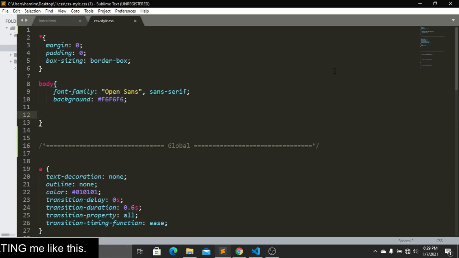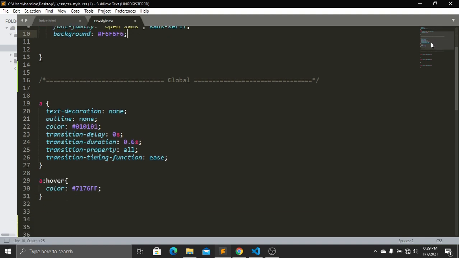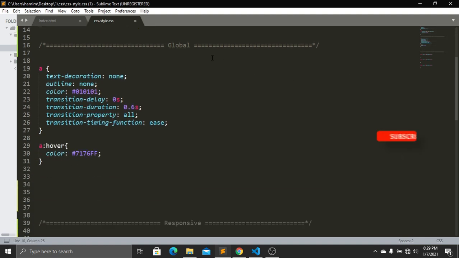Here you can see that in our CSS file we have our margin zero, padding zero, and box sizing, and for body we are using font family Open Sans, and we have added a background color also. And here I use some global tags,